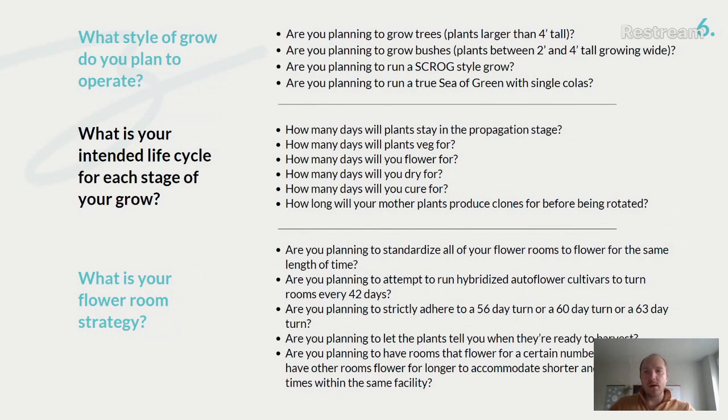But ultimately, if I've got, let's call it 4 flower rooms, and I want to be able to have one veg room supply all of those flower rooms, let's say I have 1,000 square feet of canopy in each one of those flower rooms. I could quite literally take 1,000 square feet of veg room and use that to supply each one of my flower rooms. How would I do that?